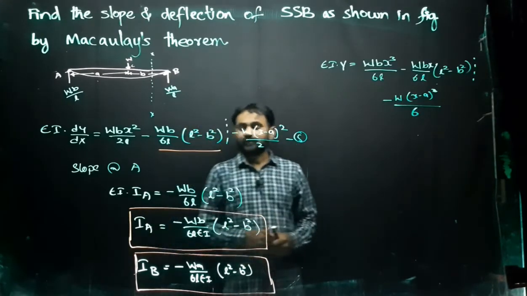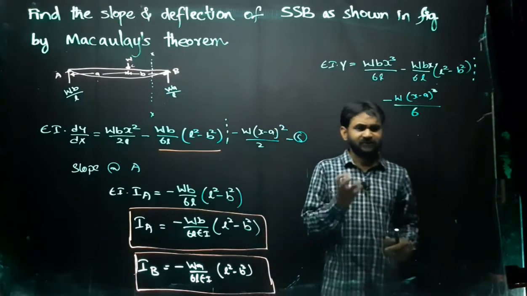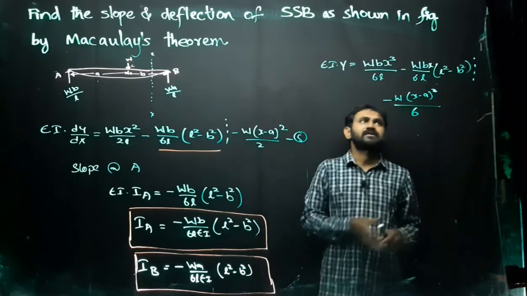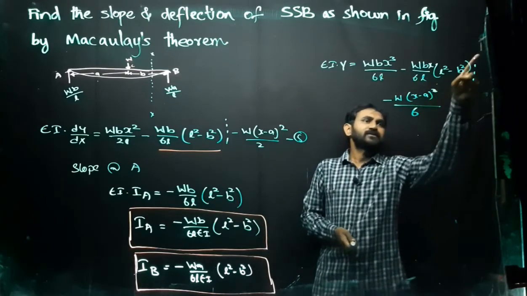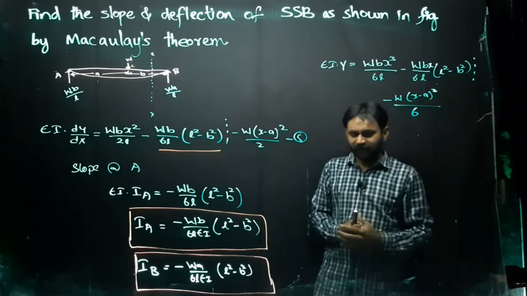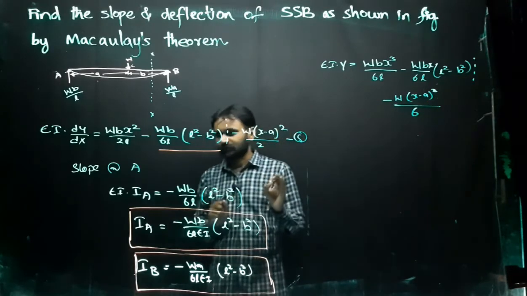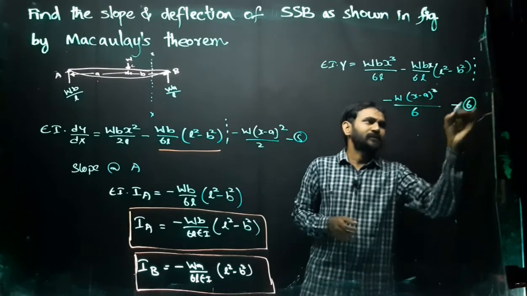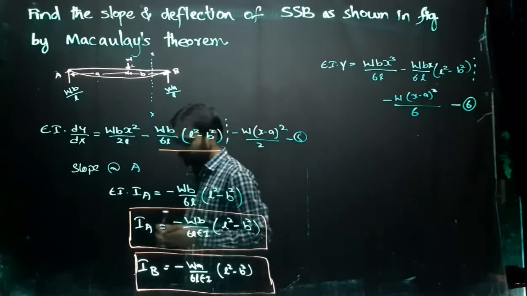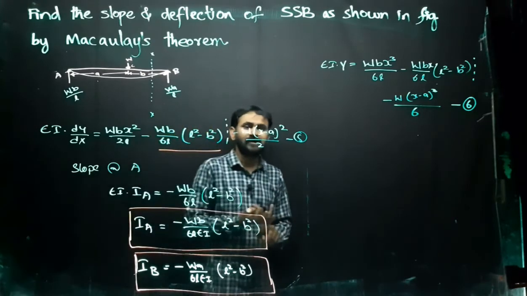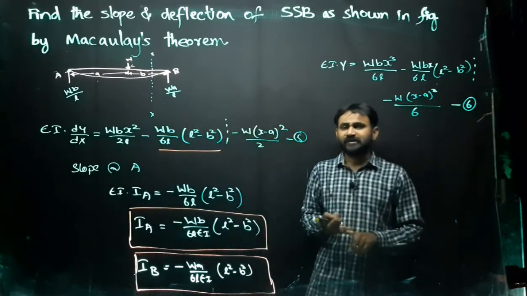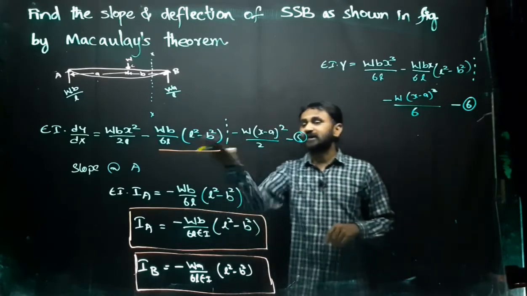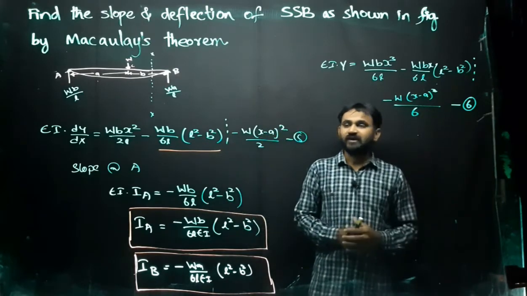After seeing the slopes, now let us find the deflection by substituting the C2 values and C1 values in the deflection equation, that is EI into y equals WBx cube by 6L minus WBx by 6L into L square minus B square minus WB into x minus a whole cube by 6. Here I have substituted my values, in the same way as the previous one. Let this be equation number 6. You get one slope and one deflection equation at the start, and you substitute into both. Again you get the slope and deflection after eliminating the constants. So this is the slope and this is your deflection equation.